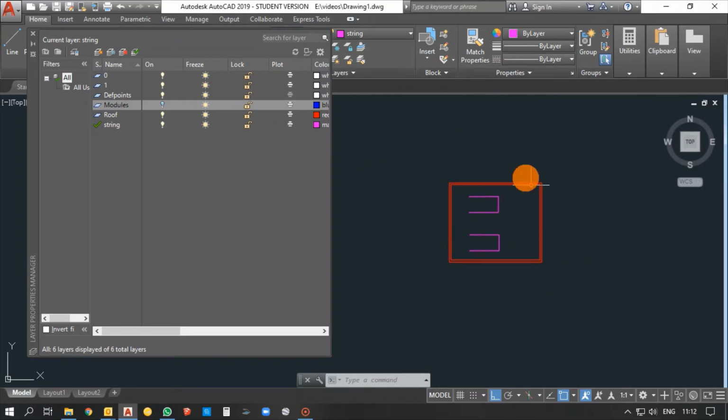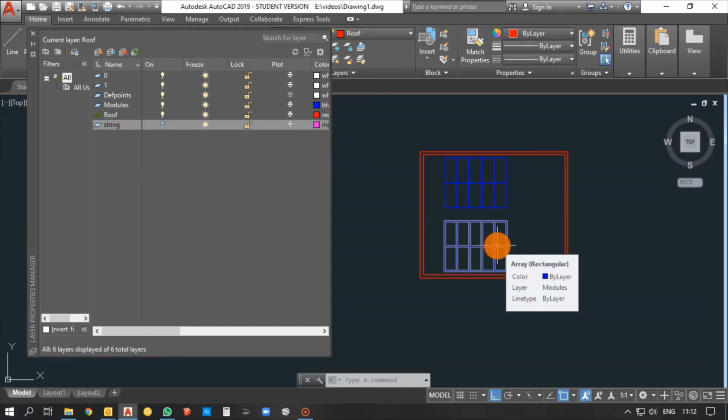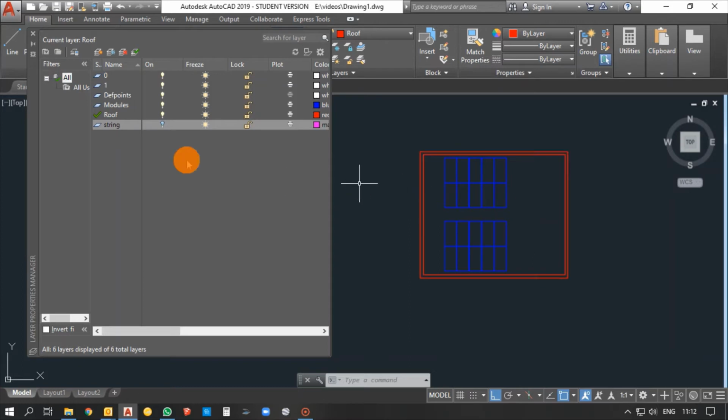You can use this to copy just the roof and the stringing. In case you don't want strings and want only the modules and roof, make strings disabled, and you can use this as a PV layout. So only the roof and the modules can be used here.